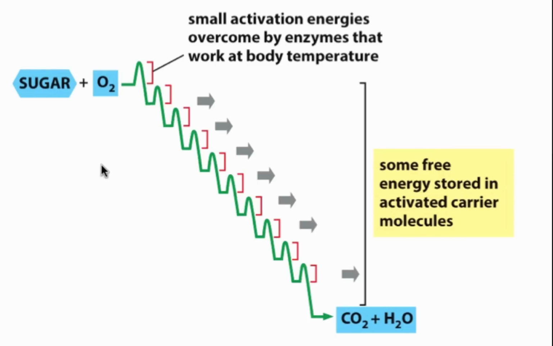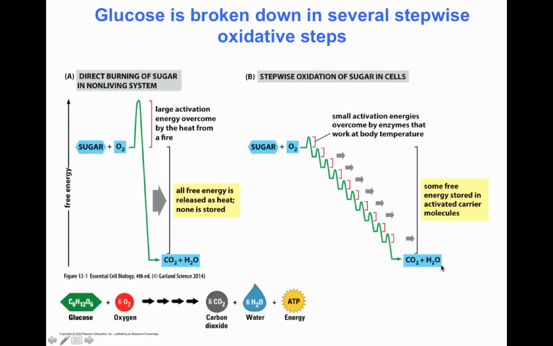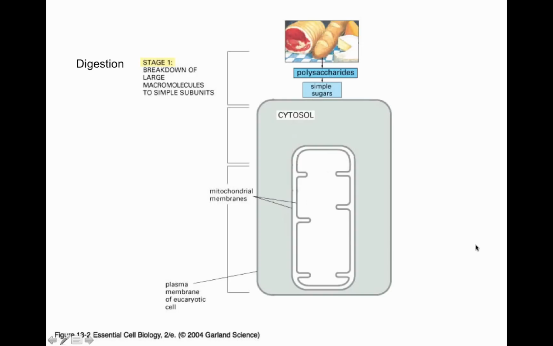At the end, you have the same products, carbon dioxide and water. The difference is that whereas in the environment all the free energy is released as heat and not stored, in the cell, the free energy released by glucose is stored by activated carriers, and some of it will be lost as heat. Now, when we take food products, in this case carbohydrates, think about going to eat pasta